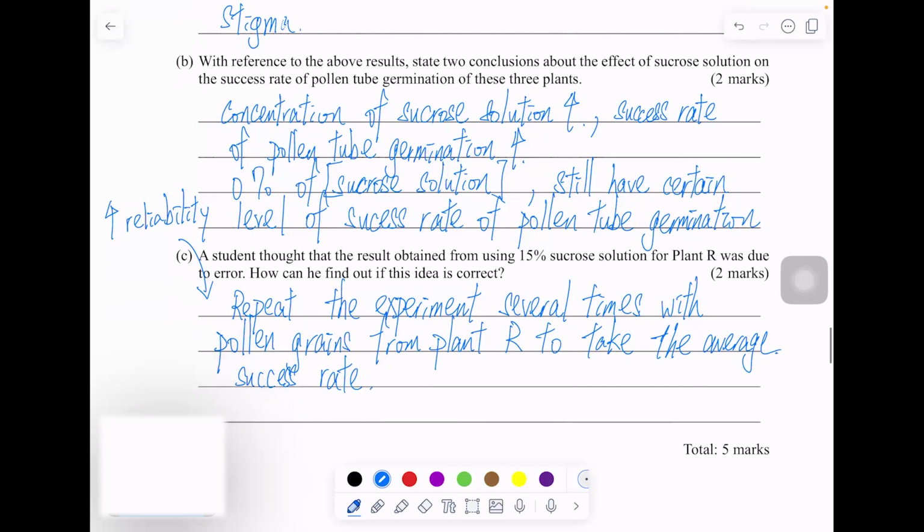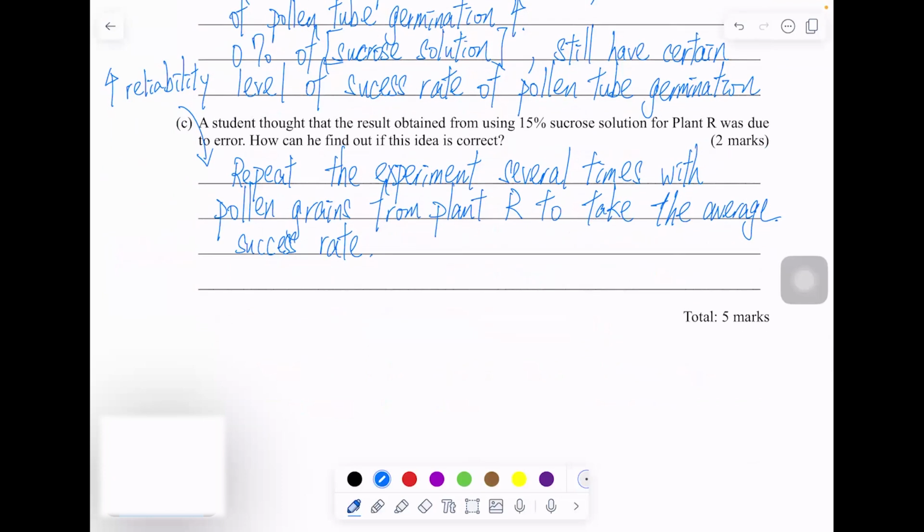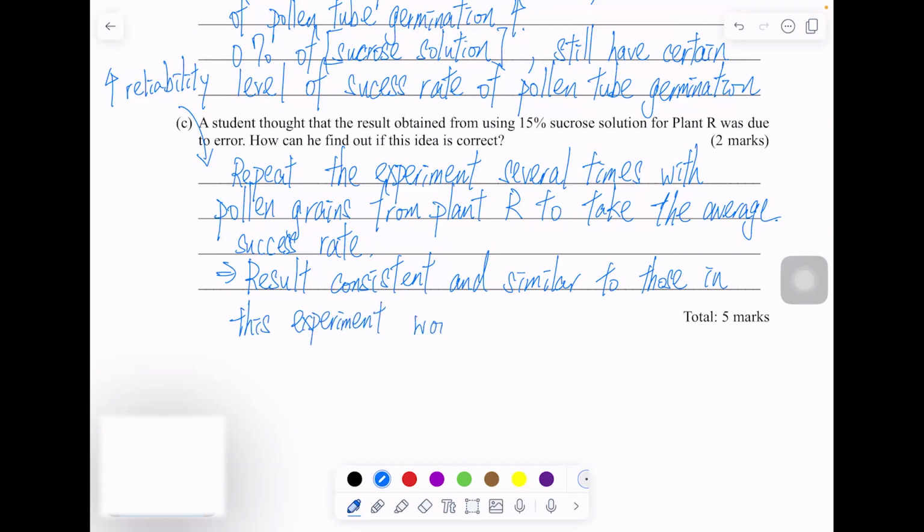Okay, so then this can at the other time, we can also try to make our result a little bit more consistent, okay, consistent and similar to those in this experiment would